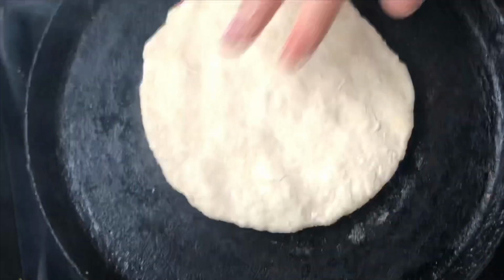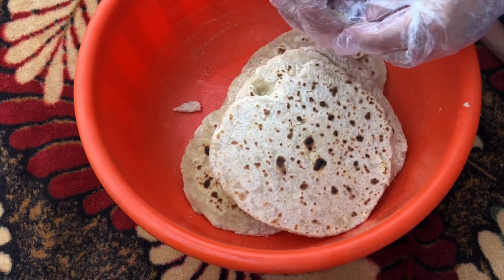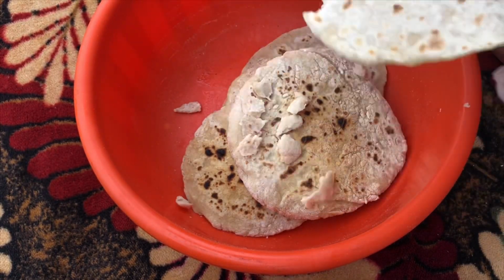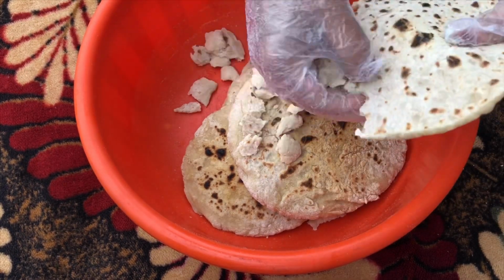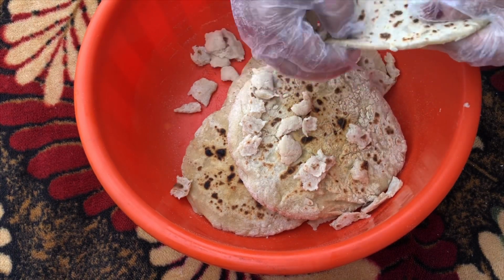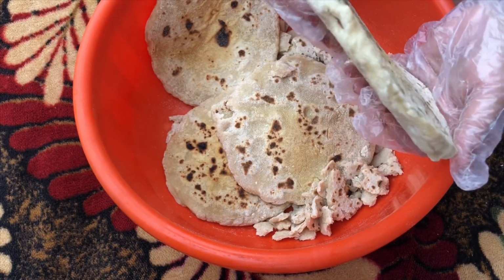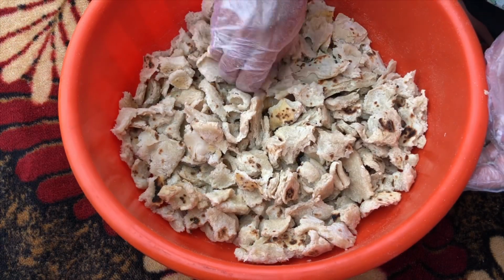Once all the rotis are done, shift them to a big vessel or a bowl. We will start tearing them up. We don't have to wait for them to cool down. So we have to make them into small pieces. Here again you can see the thickness of the roti. It was this thick. So we'll tear them into small pieces,